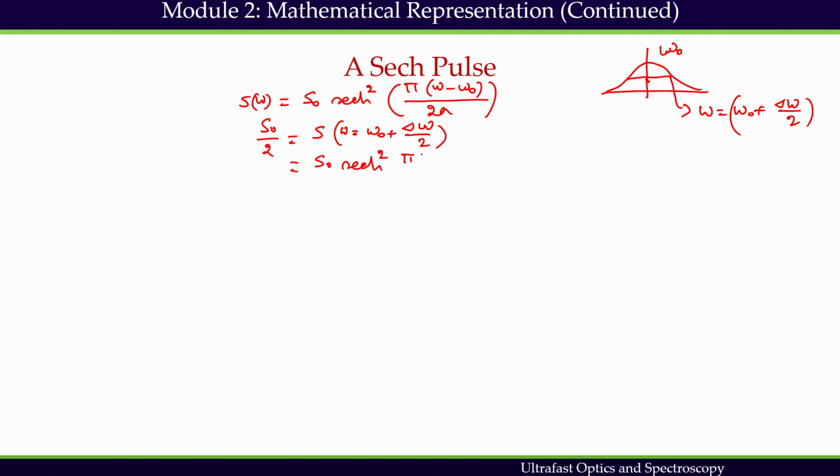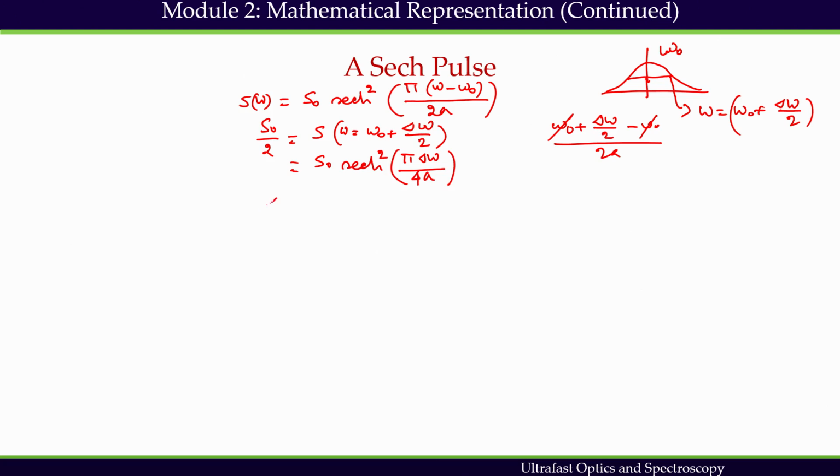Now omega, I have to plug in this one, omega naught plus delta omega by 2, that is my omega, minus omega naught divided by 2a. So this omega naught cancels out. So finally I get pi delta omega divided by 4a,